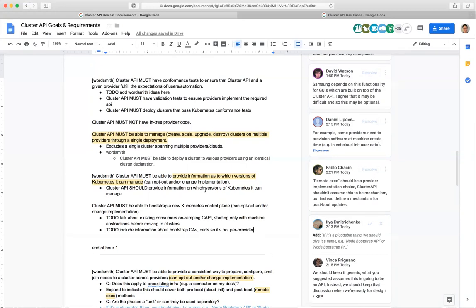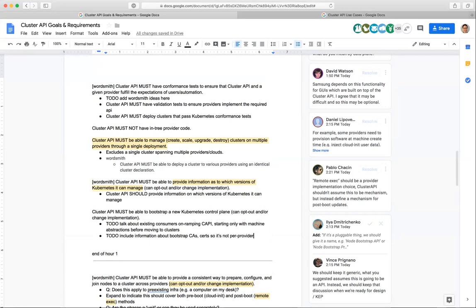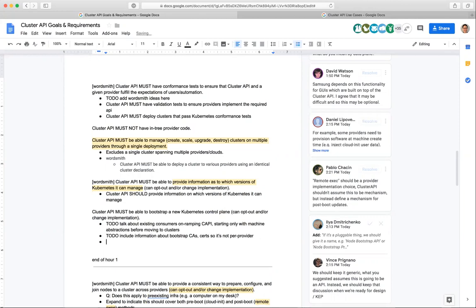Typically. I just want to know if we're distinguishing bootstrapping a CA versus ongoing rotation of said CA, which many providers will do at a different cadence than even normal install and upgrade. And so, if I might, I think the reason this particular example is particularly hard is because we don't have a clear Kubernetes API for CA rotation yet.